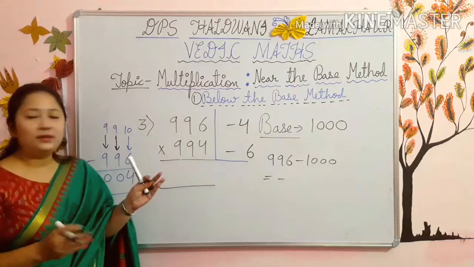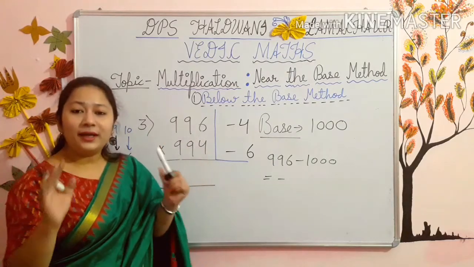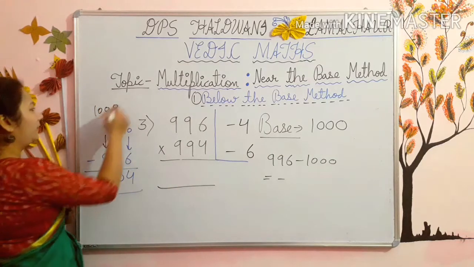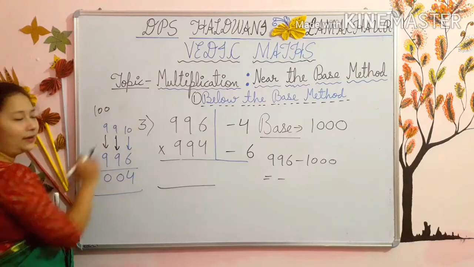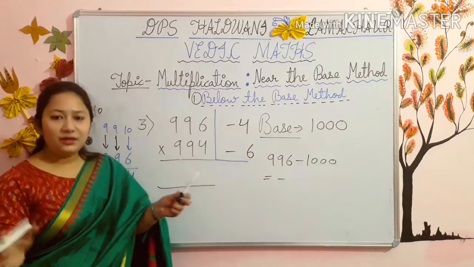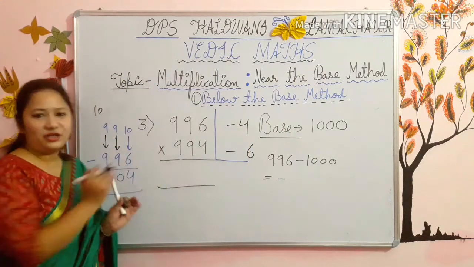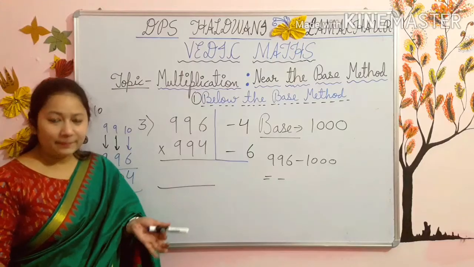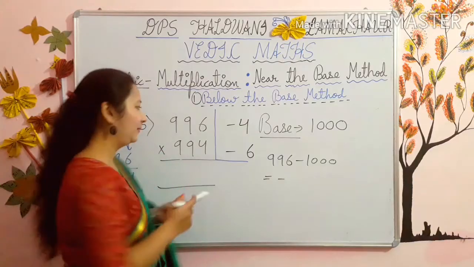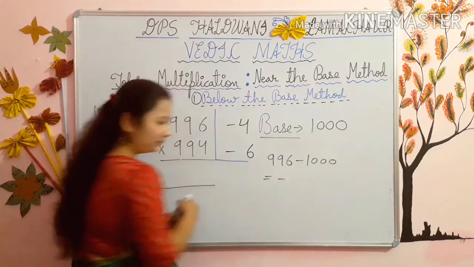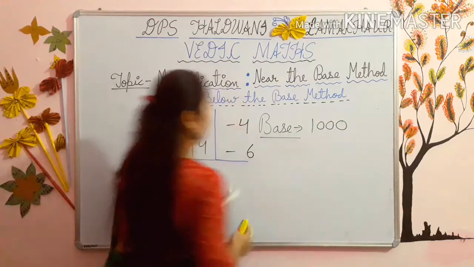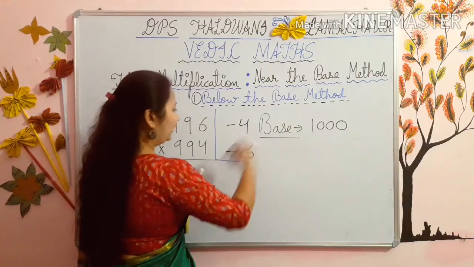See, this subtraction method you can use for the numbers which contain 1000, 10,000, 100, 10. Means for these type of numbers which contain zeros and 1, you can use this subtraction method and you can subtract directly. How you will subtract? The last from 10 and others from 9. Now students, next step, multiply. Now multiply these both.